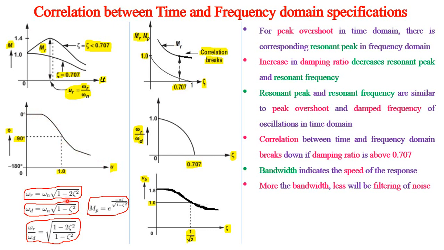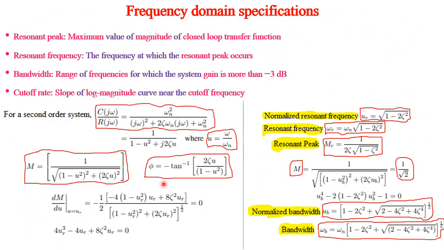Right. Now coming to the relations on resonant frequency and peak overshoot. We have already seen that the resonant peak doesn't exist after 0.707, because it corresponds to the frequency omega equal to this, where zeta can never be greater than 1 by root 2. I have already said the reason here, because if that is so, this will be imaginary.